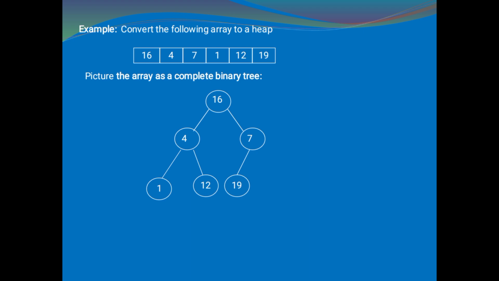After that, arrange them in the form of a binary tree. As you have seen, it is an easy task. Say 16, then 4 is placed after it, then 7, then 1, 12 and 19. All the elements are arranged in the form of a binary tree, in a tree structure form.